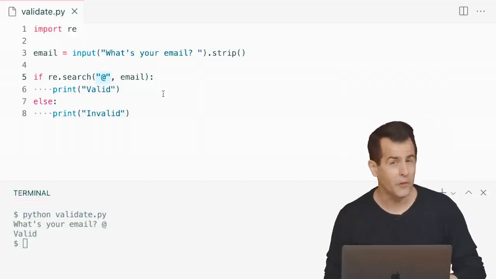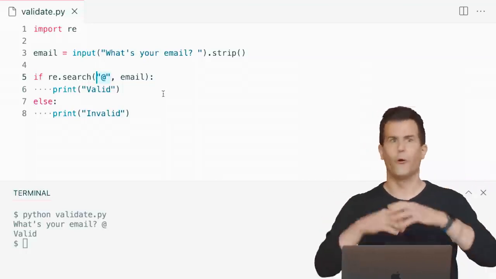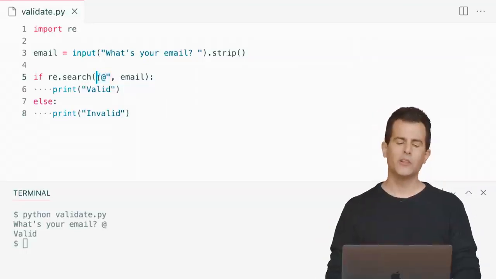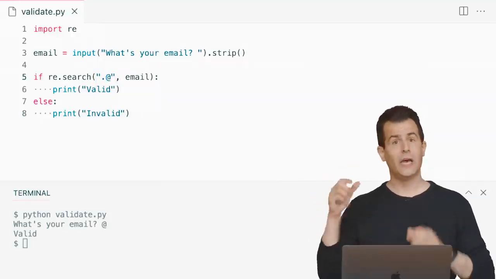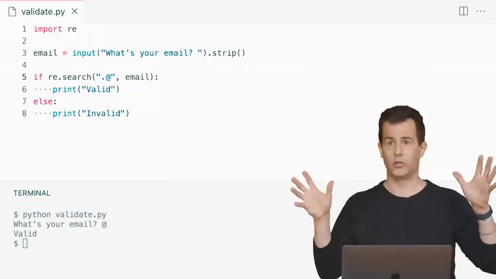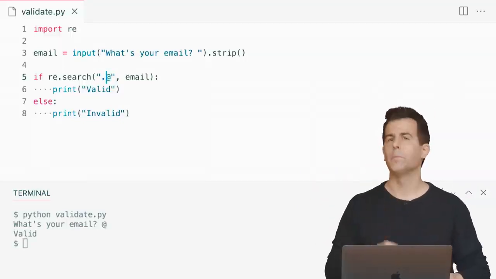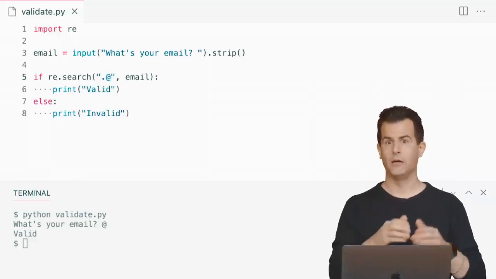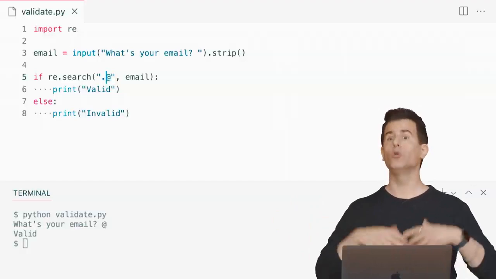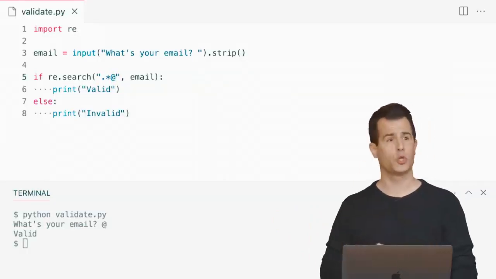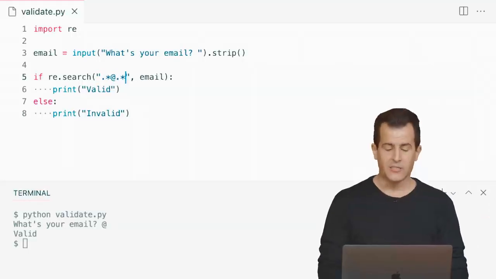I don't really care what the user's username is or what letters of the alphabet are in it, be it Malan or anyone else's. So what I'm going to do to the left of this equal sign is use a single period, the dot that again indicates any character except for a new line. But I don't just want a single character. Otherwise, the person's username could only be A at such and such or B at such and such. I want it to be multiple such characters, so I'm going to initially use a star. So dot star means give me something to the left, and I'm going to do another one, dot star, something